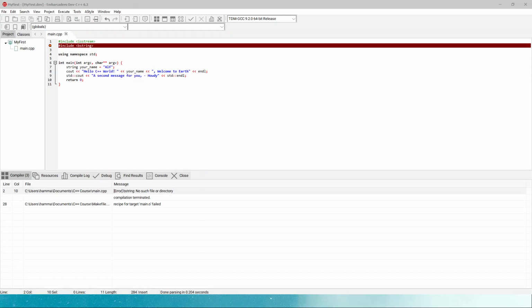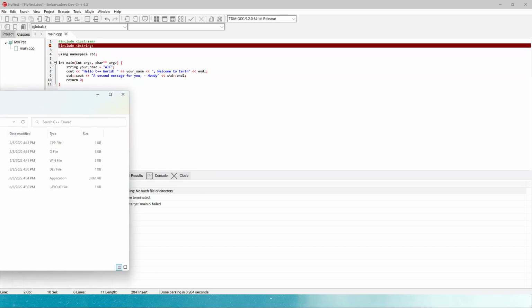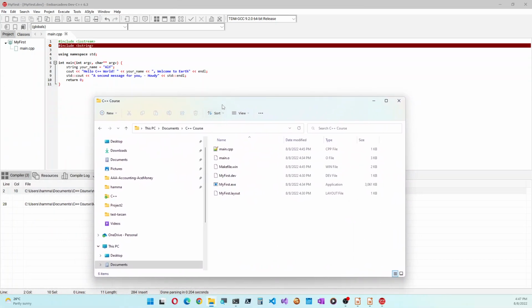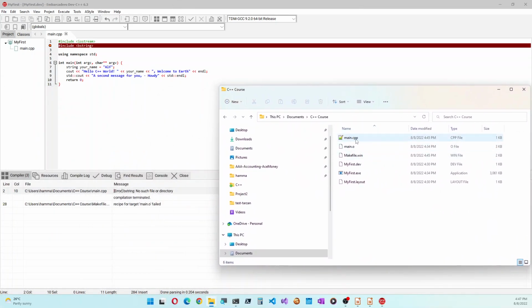So let's open the folder to see if we can have a look at the output. Okay, so you can see here, this is the main CPP program and this is the main O program. Now these are from the last compilation, so these are already there.